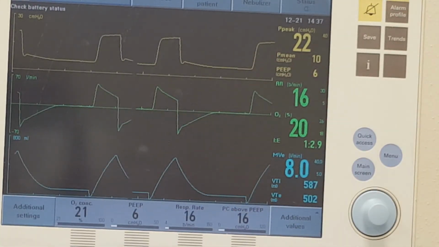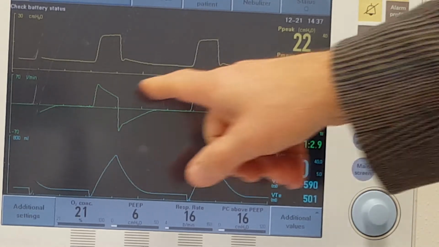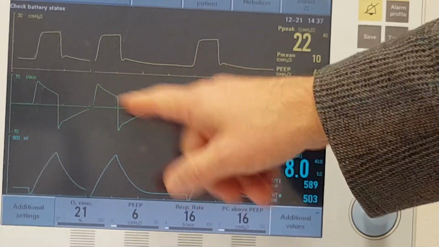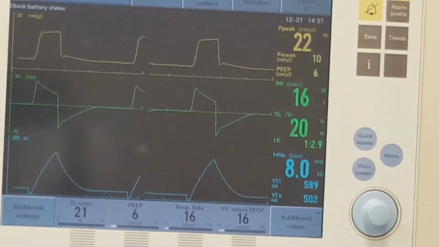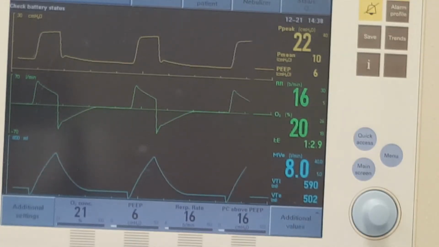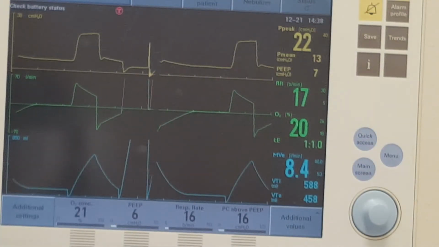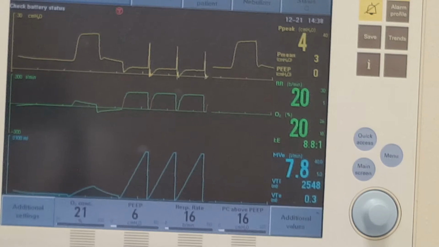So I'm going to change back so you can see when we're at a resistance of 5, and you'll notice that flow reaches baseline, or very close to baseline, prior to the end of inspiration. So let's look at that quickly,